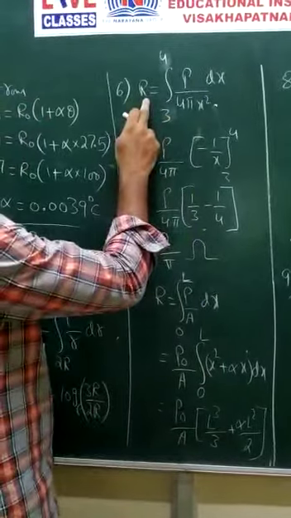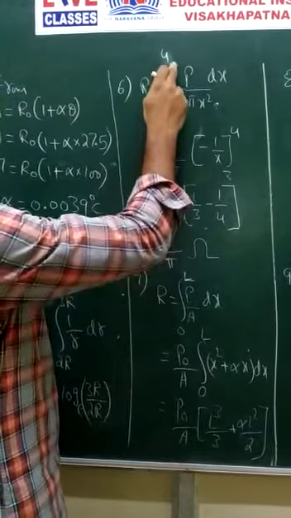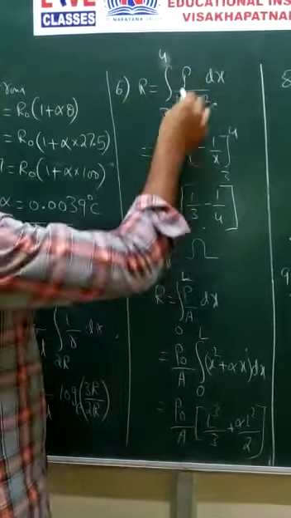From the resistance formula, integration from 3 cm to 4 cm, and resistivity is given as rho, and the value from the given data is 96 into 10 power minus 2 ohm meter, that will be substituted finally. Now after the integration, 1 by x square with respect to dx is nothing but minus 1 by x. Here the limits are from 3 to 4, by replacing the negative, lower becomes upper and upper becomes lower, and by substituting the values here we finally get 2 by pi ohm. And next, question number 7.